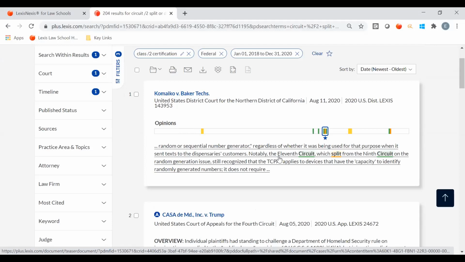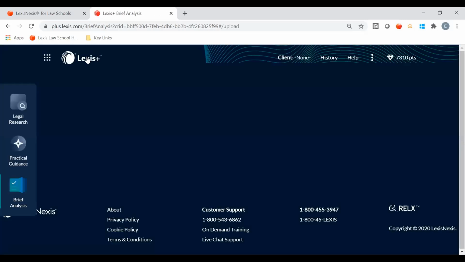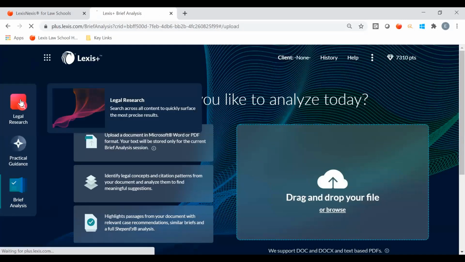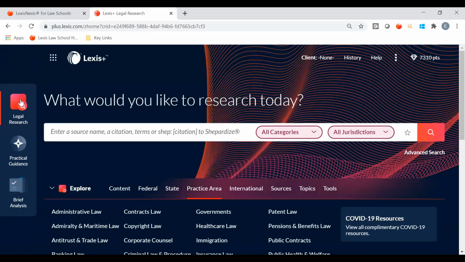So that's circuit splits. Now that you've seen it, it's pretty obvious, right? But sometimes you just have to see these searches to know that they're available to you to do. So the second thing I want to do is we're going to mine the news to take a look at how we can find newsworthy cases or legislation to write about. Oftentimes when we have items that are showing up in the news again and again, they can be a good thing to talk about because clearly practitioners are wondering how to resolve whatever this newsworthy thing is.